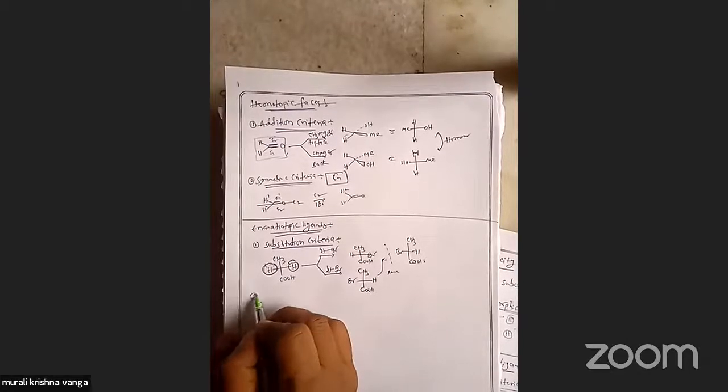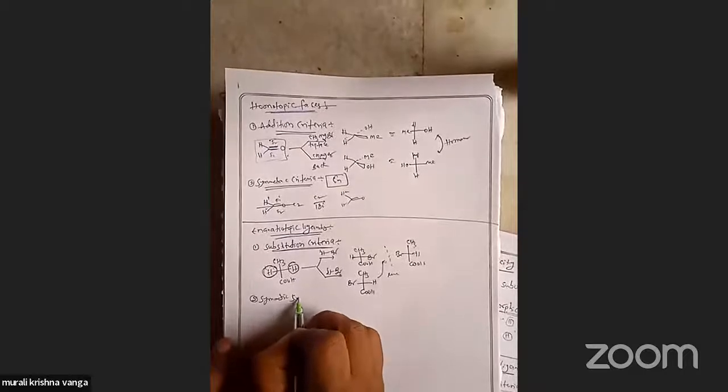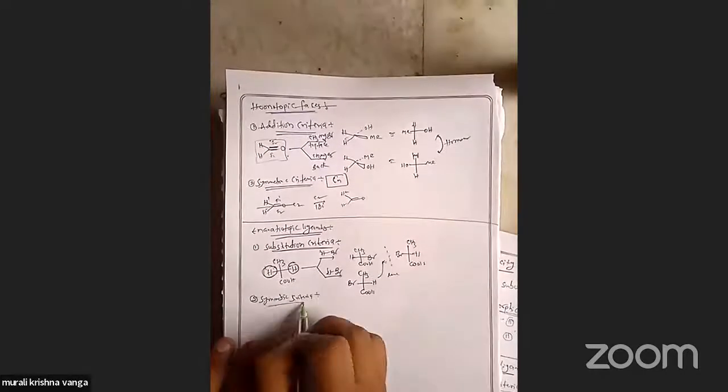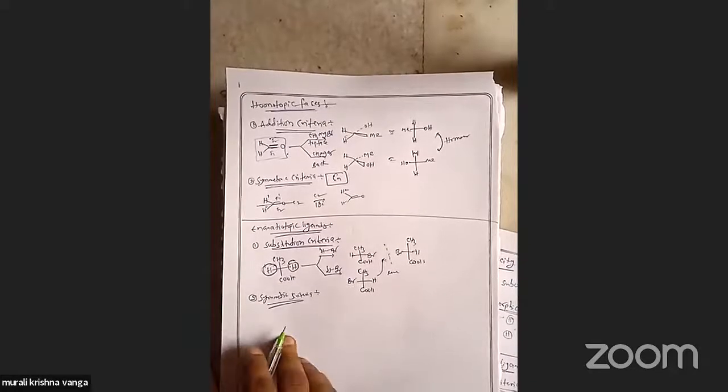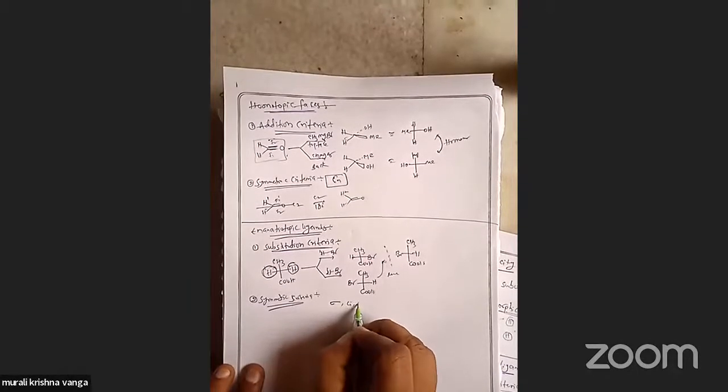Next one is the substitution criteria. Second one is symmetry criteria. So the selected subunit of molecules are interchangeable with the second kind of symmetry elements. There is plane of symmetry, center of symmetry, improper